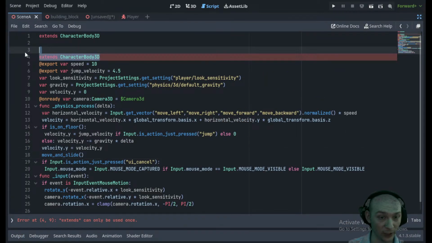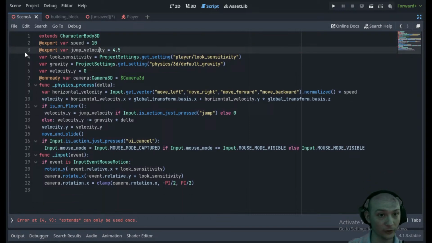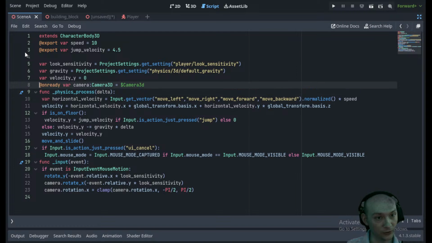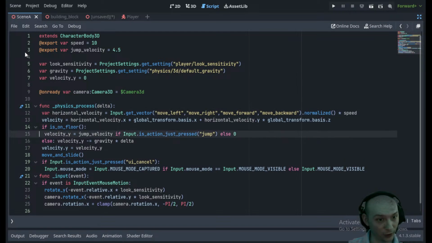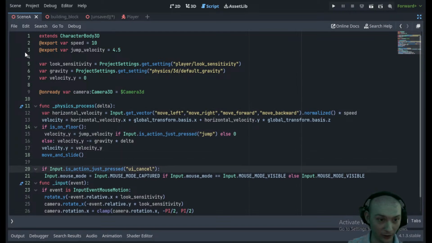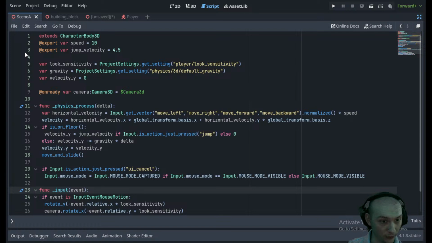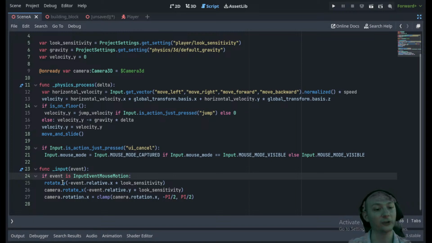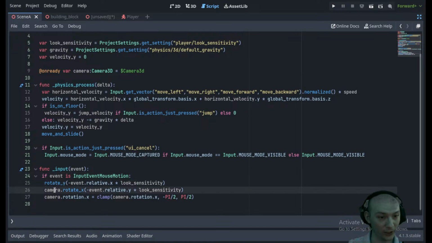So extends character body 3D. Yeah, pretty standard. Speed and jump. Look sensitivity, nice. I wouldn't have thought about that because I'm not sensitive at all. We got our input function here. Let's see what the input function is doing. So we got our mouse motion. This is what I forgot how to do. Okay, camera.rotate. And